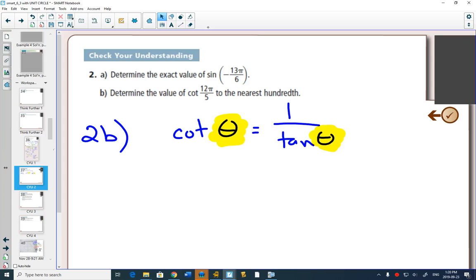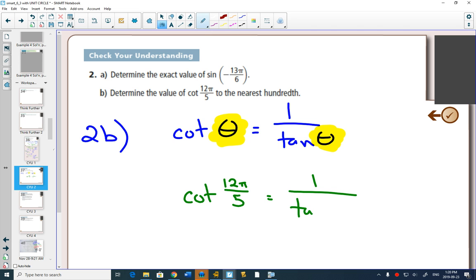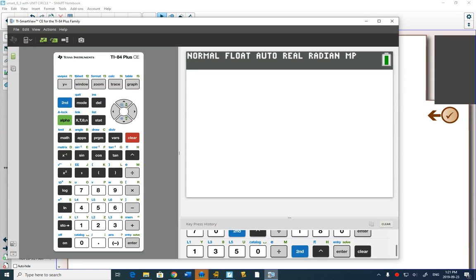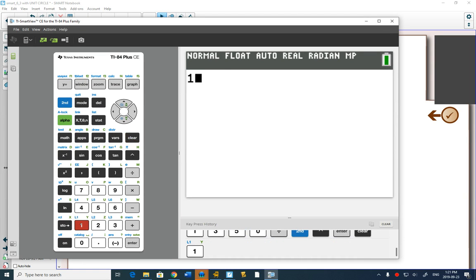That means if I want to find cotangent of 12 pi over 5, what I could type into my calculator is 1 over tan of 12 pi over 5. The angle doesn't change. So I go to my calculator, I go 1 divided by tan 12 pi over 5,